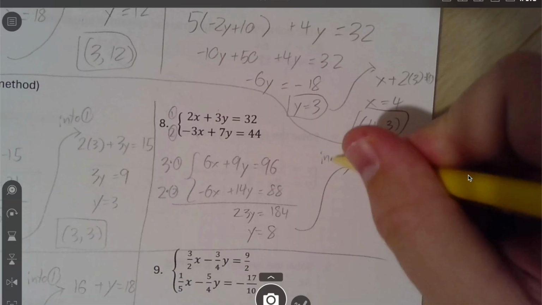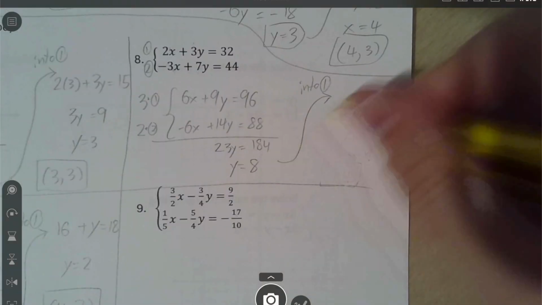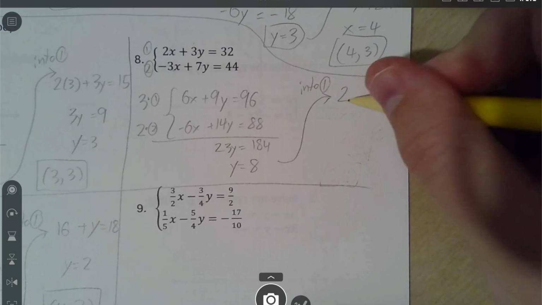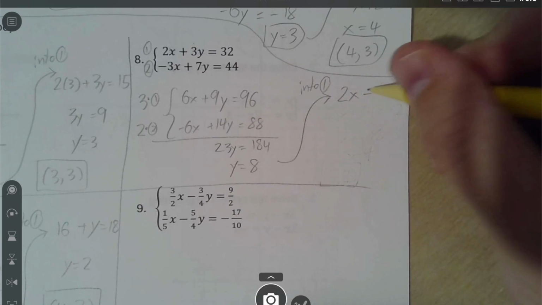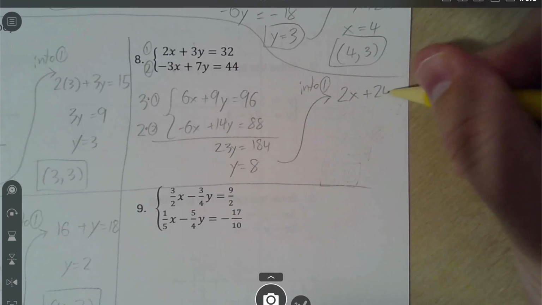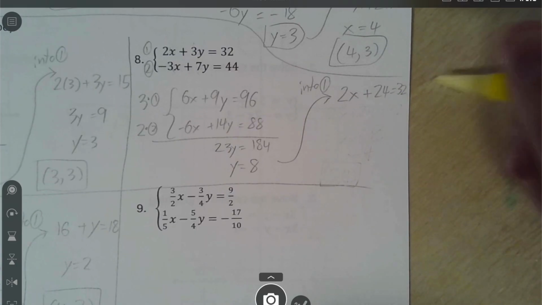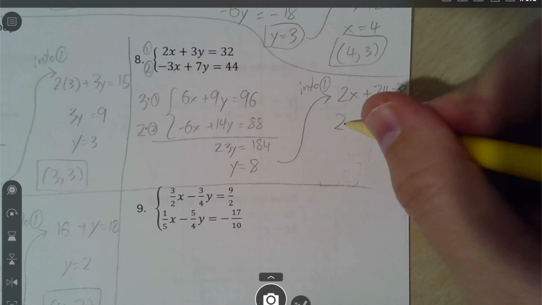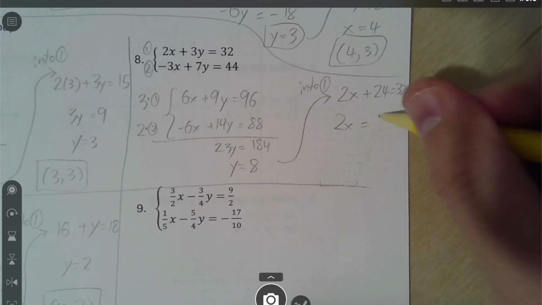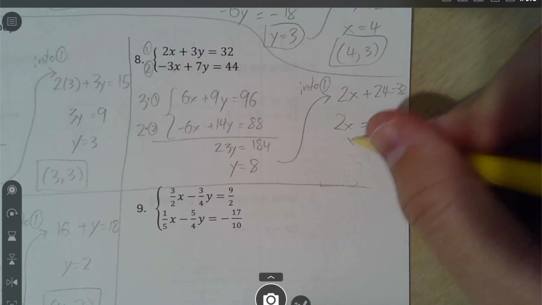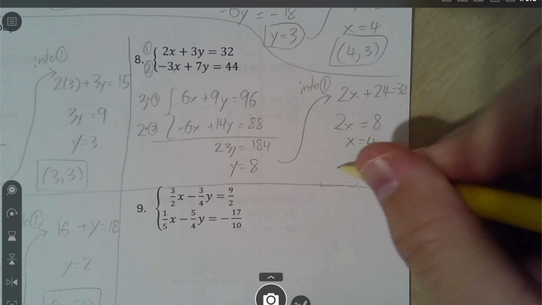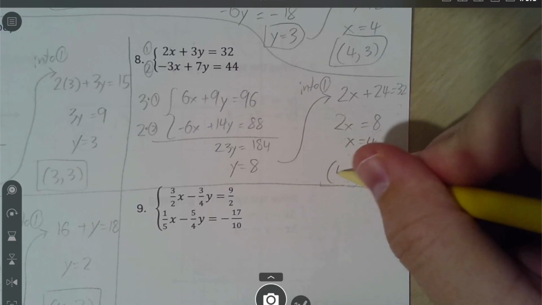And I guess let's still just plug that into 1. So when we do that, what we're going to get is 2 times x. If I work a little ahead, that's going to be 24 equals 32. I can then go ahead and subtract the 24, and I'll get 8. I can then go ahead and divide by 2 and get 4. And so now, careful, it's 4,